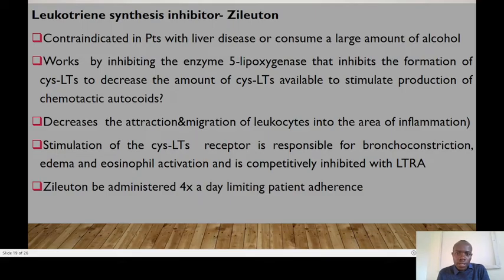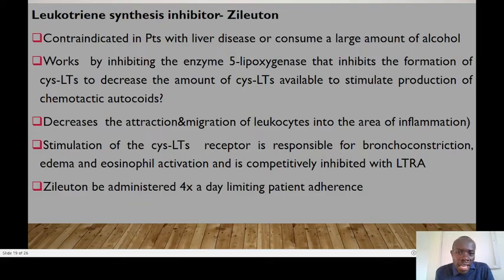Okay, fine. So for the other anti-inflammatories, we have the leukotriene synthesis inhibitors, and a good example is zileuton. It's contraindicated in patients with liver disease or those who consume large amounts of alcohol. So it works by inhibiting an enzyme,